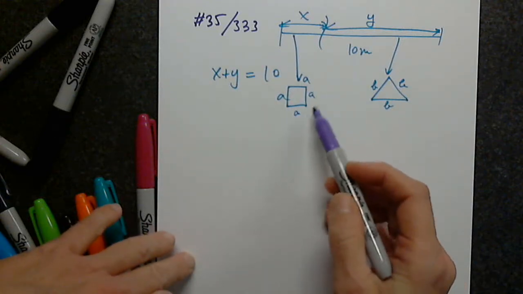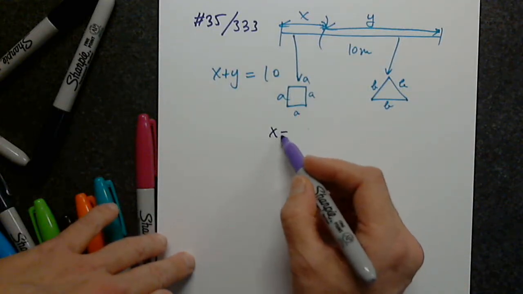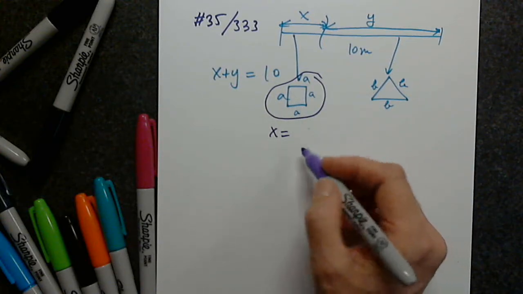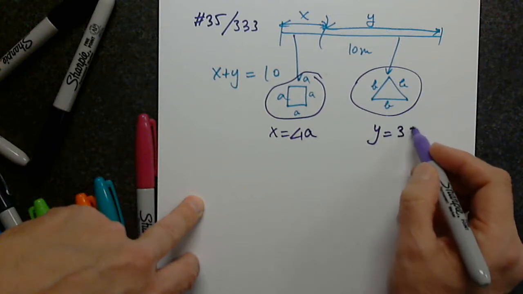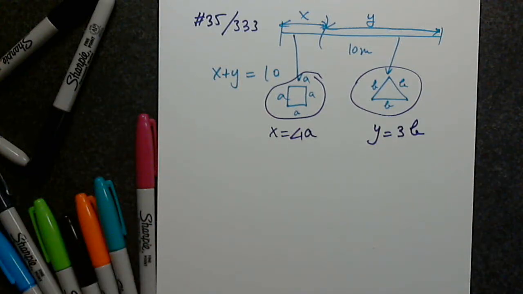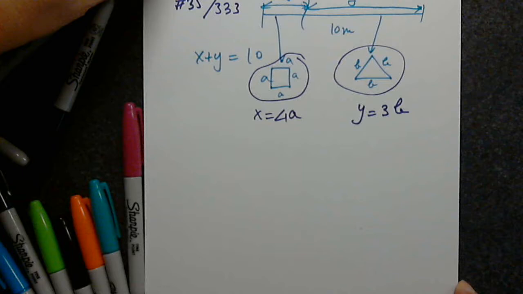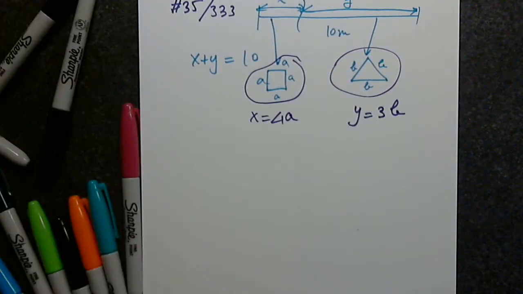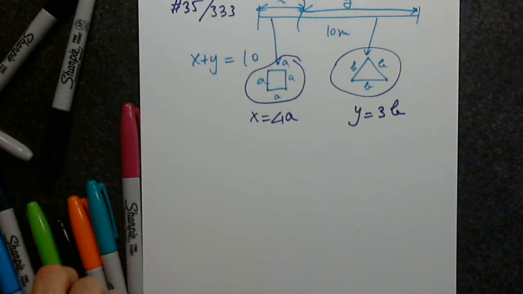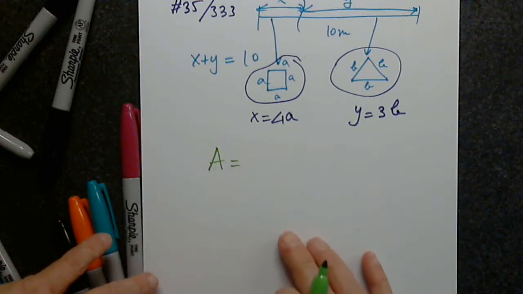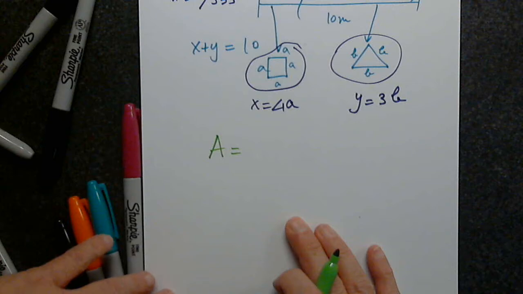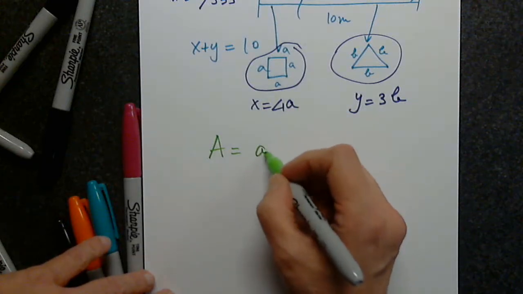So if I have A, what does X equal from here? Excellent. And the same thing here, Y equals indeed. So we know that. Now it says how should the wire be cut so that the total area enclosed is max or min. So obviously I have to determine a function that represents the area, not the max. I have to find the function that represents the area and then eventually find the max or min for that. So what is the total area of this? It's A squared plus,